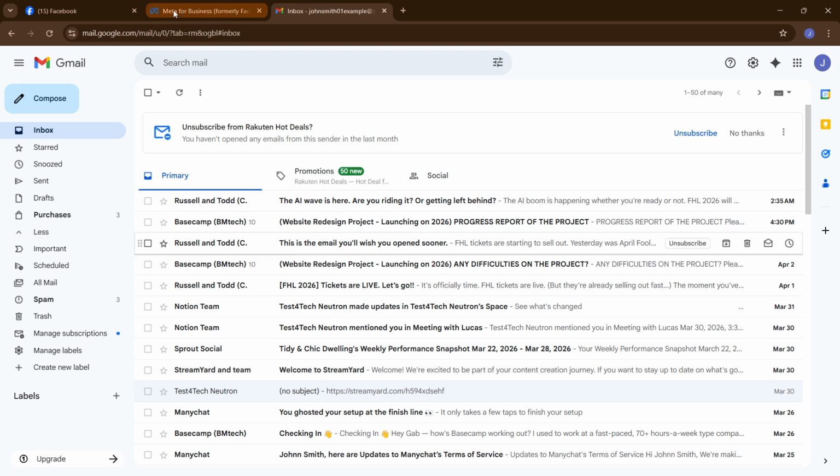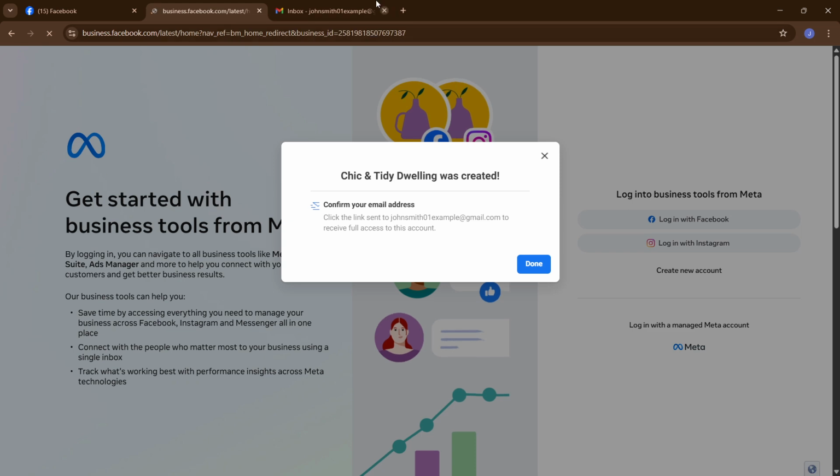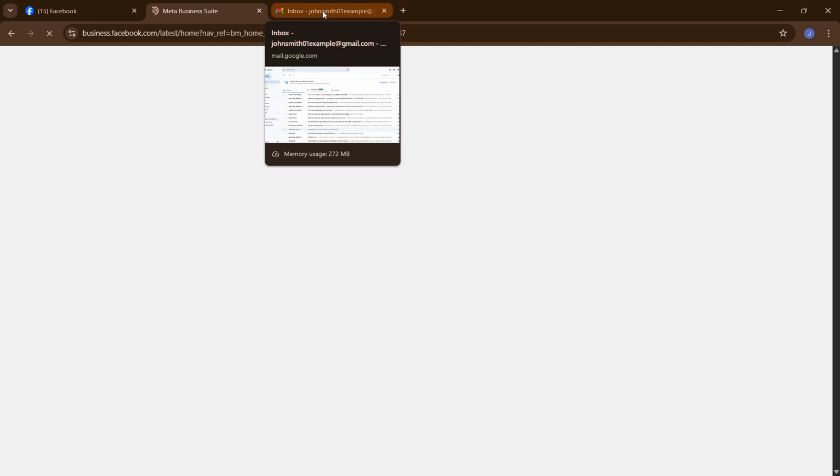Now, switch to your inbox. Meta will send a verification email to the address you entered. Open that message and click the confirmation link to verify. If you don't see it, give it a minute, then check spam or promotions. It helps to complete the verification in the same browser where you started and do it promptly in case the